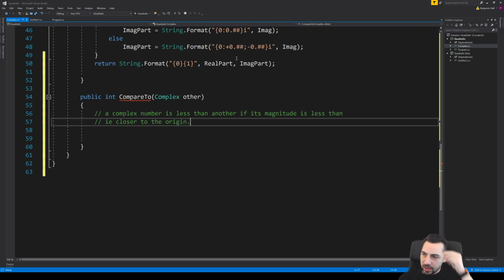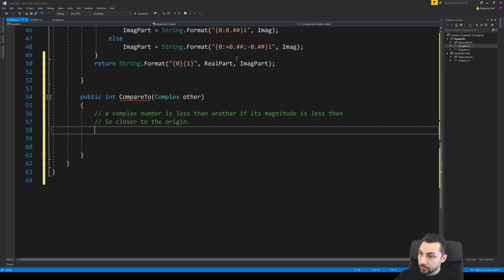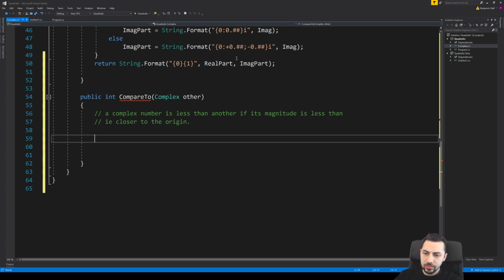Because everything on the boundary of that geometric figure would be equal to one another. Yeah, a circle. So if the magnitudes of the complex numbers are equal, what do we want to say?